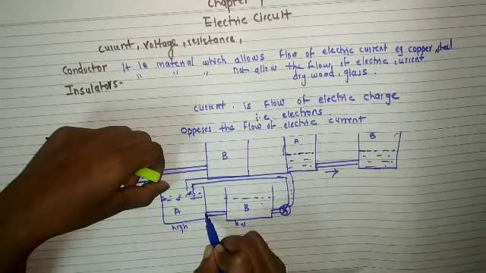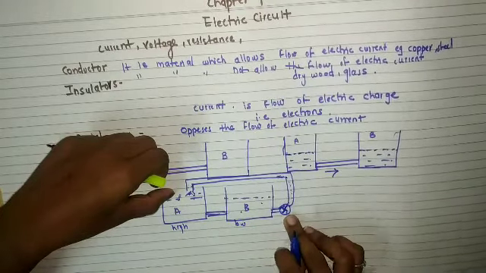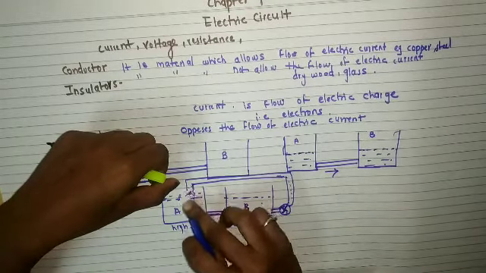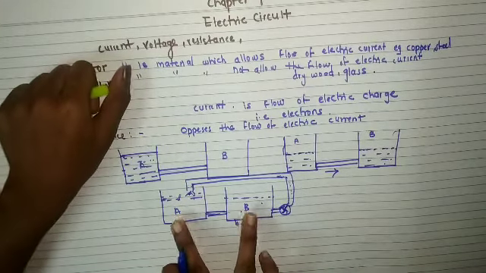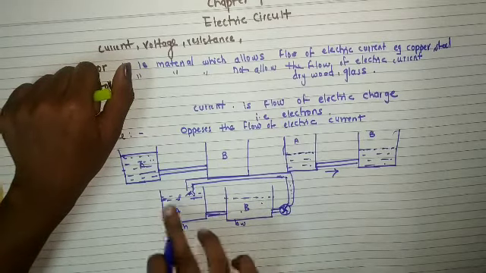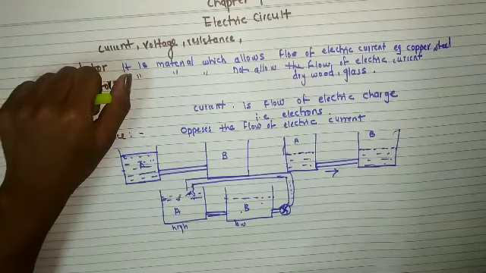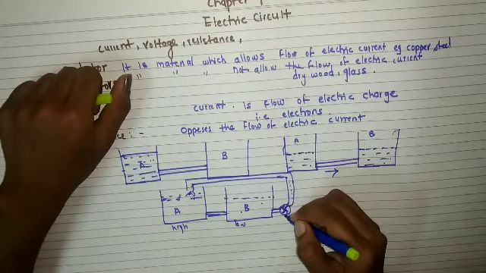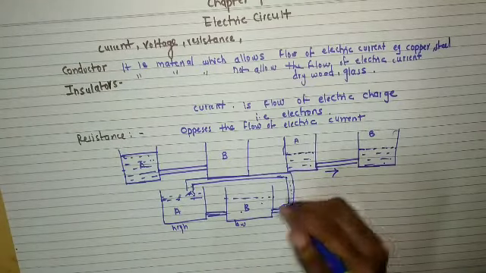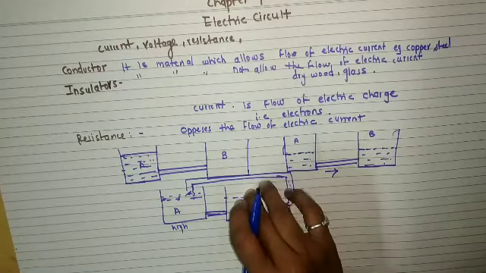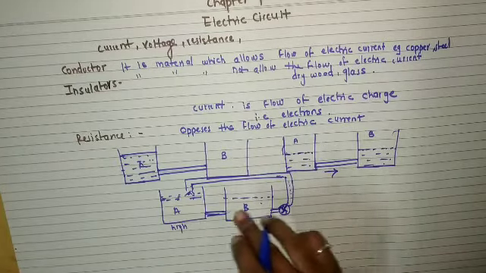Water will flow to B and they will try to match, but because of this pump, the water will be forced to go to A vessel, and there will be a difference because of this pump. So from this we understand, this pump produces force. Due to this force there is a difference between water levels A and B. So due to this difference in water level, water flows from the higher level to the lower level.